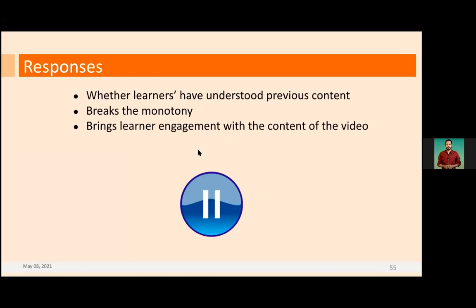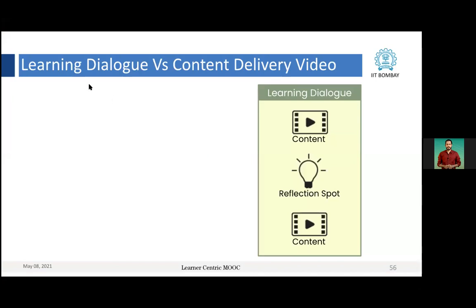So if we just have to compare broadly the learning dialogue versus a normal content delivery video that we watch, content delivery videos are normally long in duration. They could be 30 minutes, 40 minutes, or 1 hour, longer than that. Whereas LEDs are short, so LEDs need to be around or less than 10 minutes.